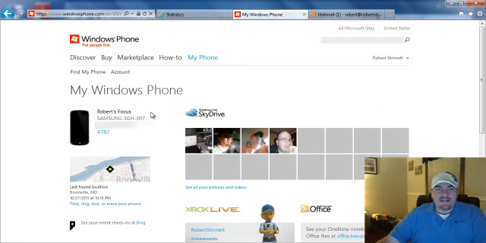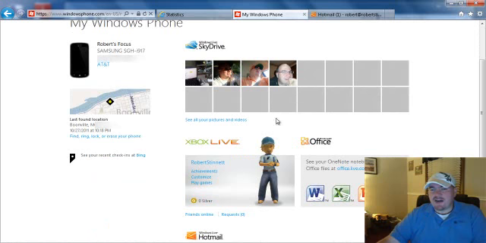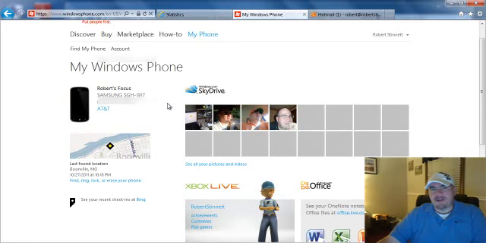You can see here it tells you some information about your phone, such as the type, the number, the carrier, and it even has a nice picture, in my case, the Samsung Focus. You can see some of your SkyDrive synchronized photos that you shared from your phone, and a little information about your Xbox Live account, in case you use that. With Office, you can get your Office documents, which with Windows Phone 7.5, you can now synchronize not just your OneNote documents, but all your Office documents, which is really nice, especially if you're someone like me and constantly on the go. But the feature I want to focus on most right now is to find, ring, lock, and erase your